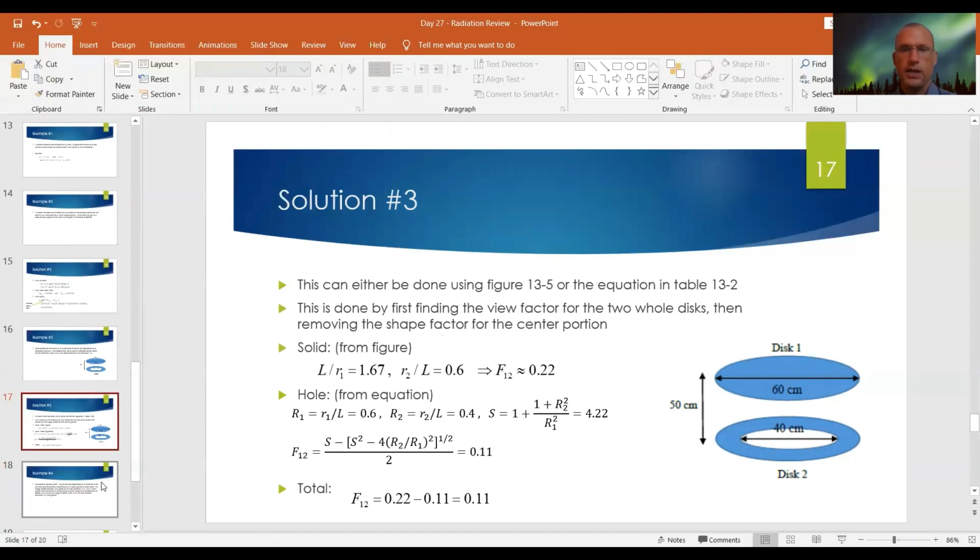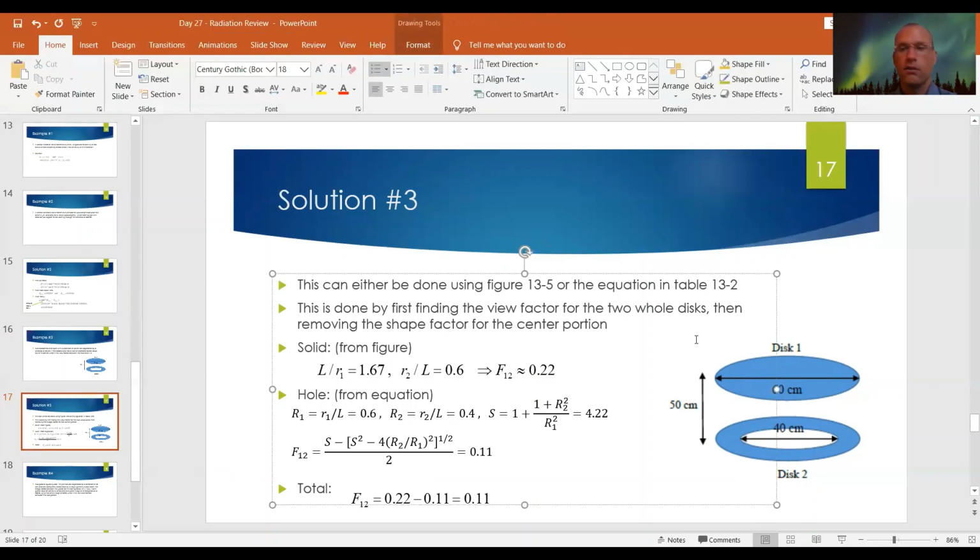So what I have to do to find F12 is essentially take disc 1 and an entire disc 2 with no hole, find the view factor between those, and then find a view factor between disc 1 and just the hole. So essentially I'm going to find a view factor between two 60 centimeter discs, and then subtract away a view factor between a 60 centimeter disc and a 40 centimeter disc, and that'll give me the view factor that I want. So for my solid, assuming both discs are completely solid, both 60 centimeter discs,